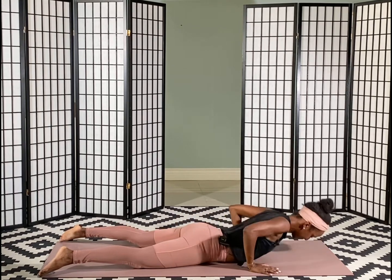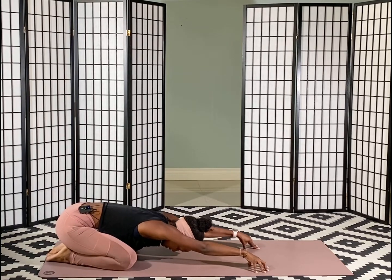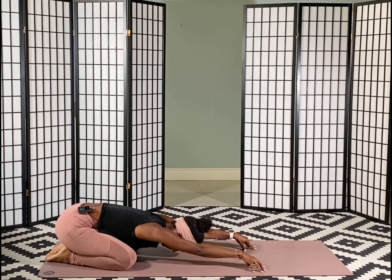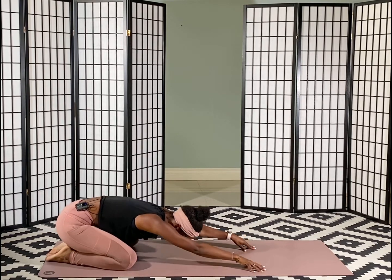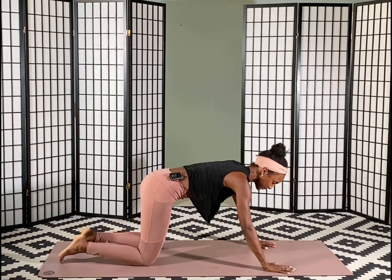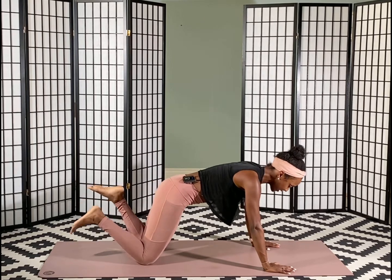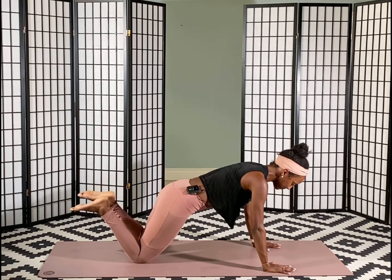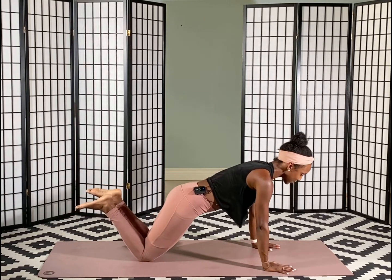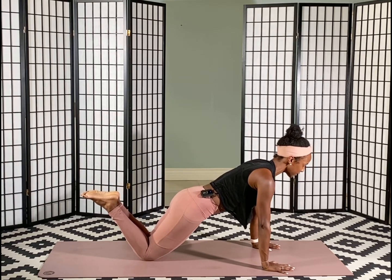Nice job. Take another child's pose after that. Stretch it out. All right, back up onto your hands, and a little variation to push-ups here. I'm gonna stay on my knees today for this version, but lift the feet up, take the knees a little further back. So going into that narrow push-up, chaturanga, just tricep push-up, whatever you call it, the abdominals